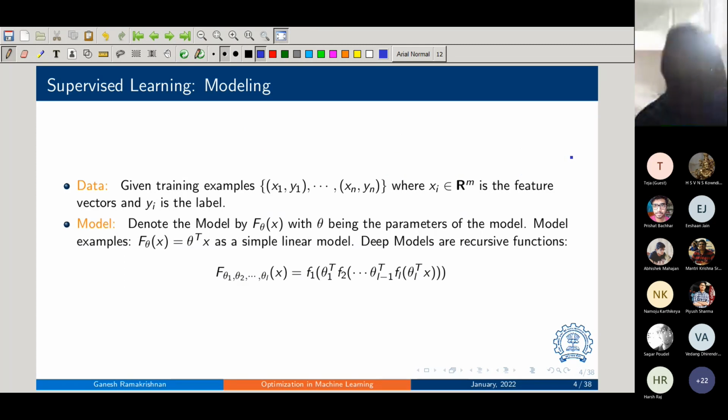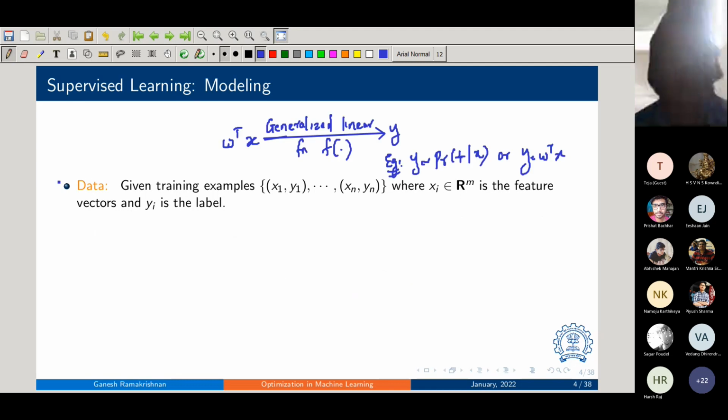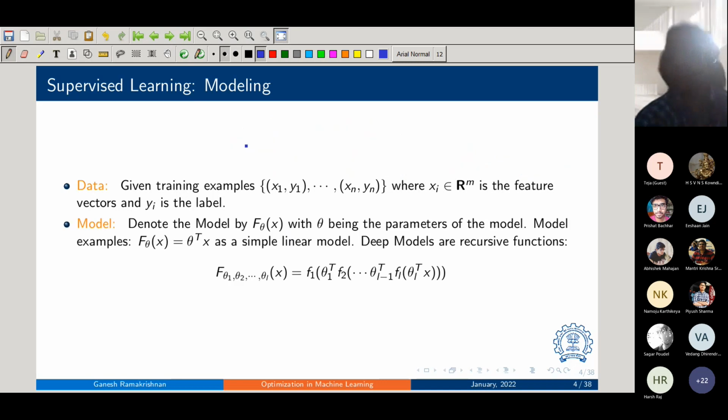It's also possible that you could have deep models as recursive functions, and this is being shown here. So you don't have just one transformation. I've used theta instead of w, so to be consistent, let me use theta here as well. Theta is the set of weights associated with the features. So you could also have recursive applications. F1 could be one kind of activation unit. If you're familiar with deep learning, you could have ReLU. F2 could be sigmoid. FL could be again a ReLU. So you could have the same thing repeating.